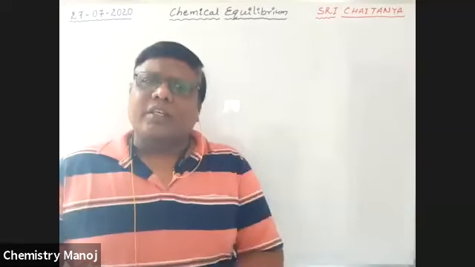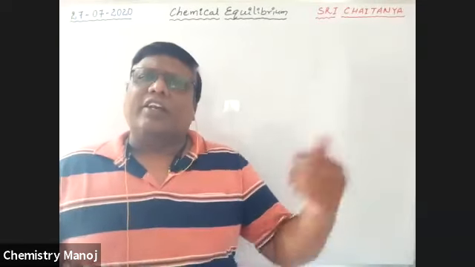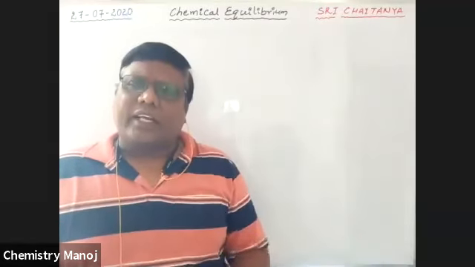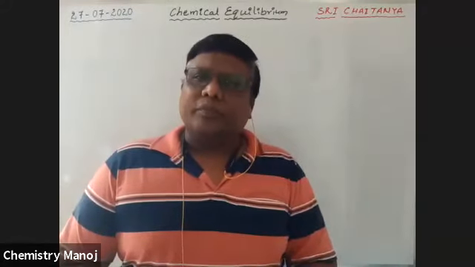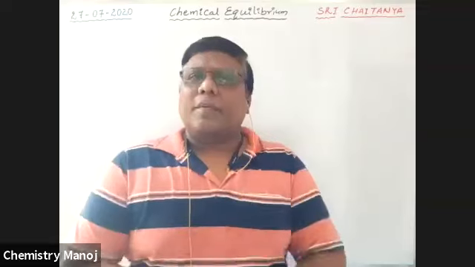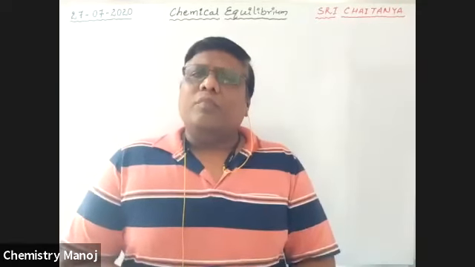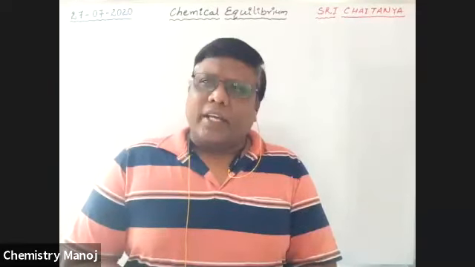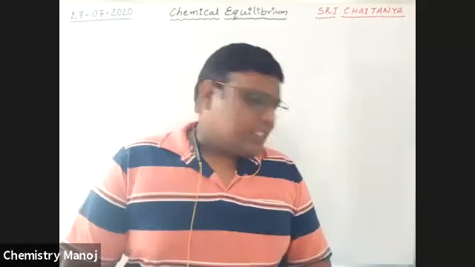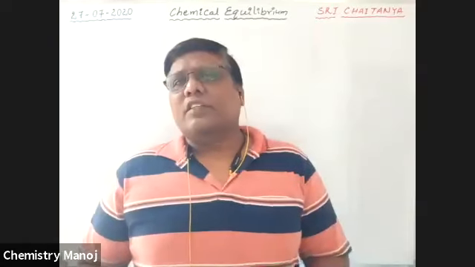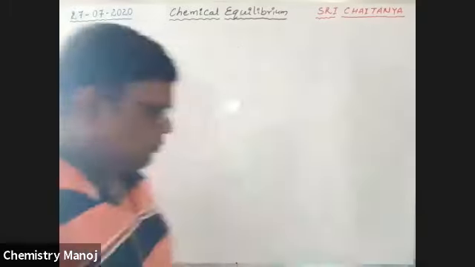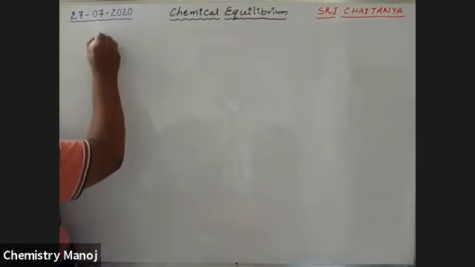So reaction means something interacts with each other and gives a new compound. Those that interact with each other are called reactants, and those that are formed are called products. So that means reactants convert into products. That is nothing but a chemical reaction. By observation, we concluded that all these chemical reactions, based on their directions, are broadly divided into 2 types. So now our topic is types of reactions.